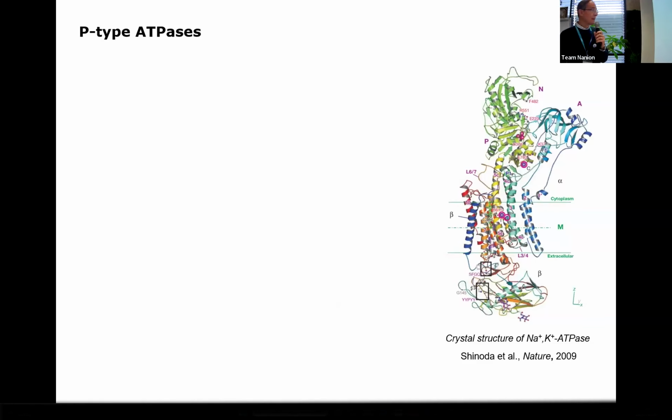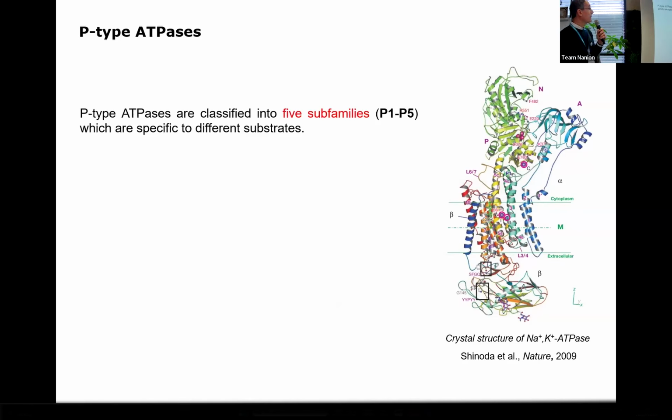P-type ATPases are present in all forms of life, and they are generally divided into 5 subfamilies, which are specific to different substrates. These enzymes play very important physiological roles. For example, they generate essential electrochemical gradients across biological membranes, maintain intracellular ion concentrations, and regulate cell volume. They also remove toxic heavy metal ions from the cytoplasm, and they are responsible for the asymmetric distribution of phospholipids